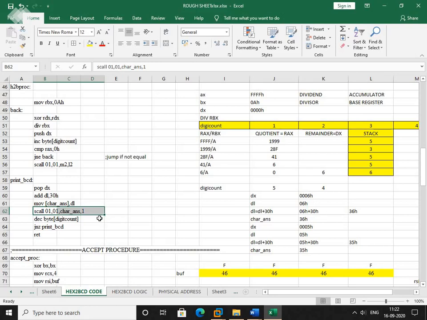Okay. After that, decrement byte digit count. So it has become now 3, right?